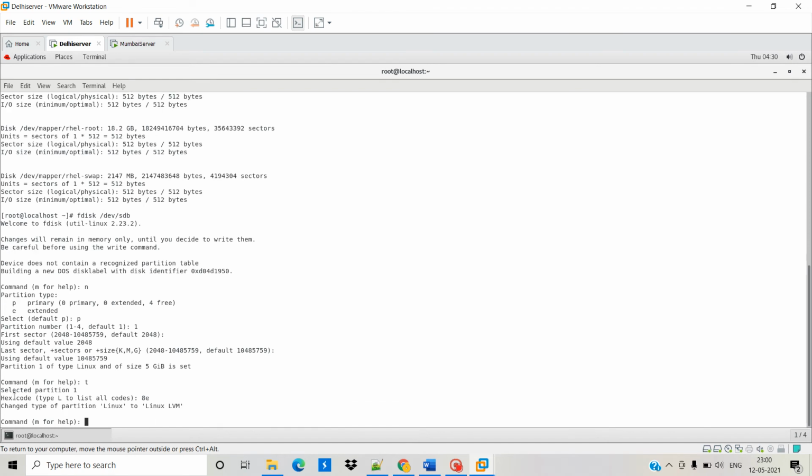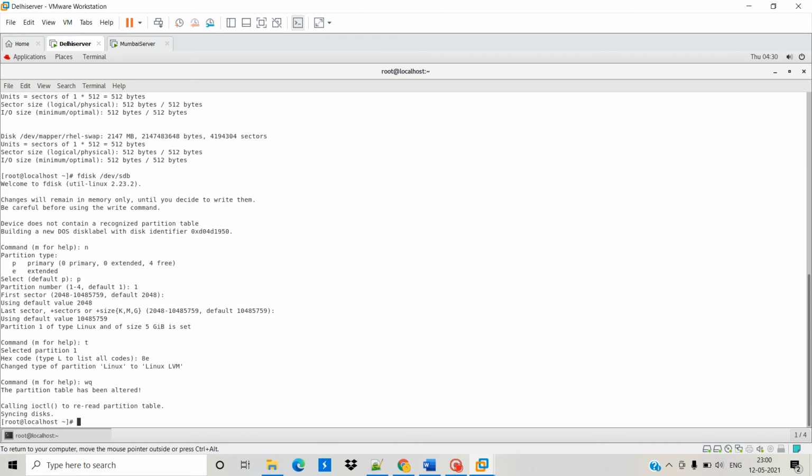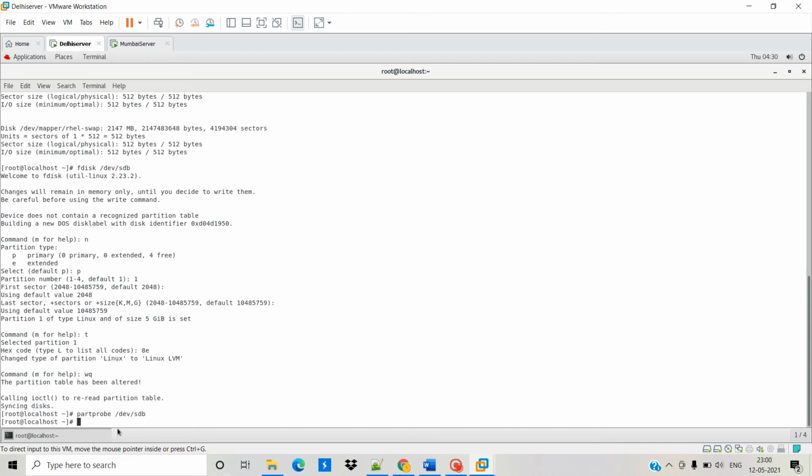You can also see the change of type of partition from Linux to Linux LVM. So here save and exit.